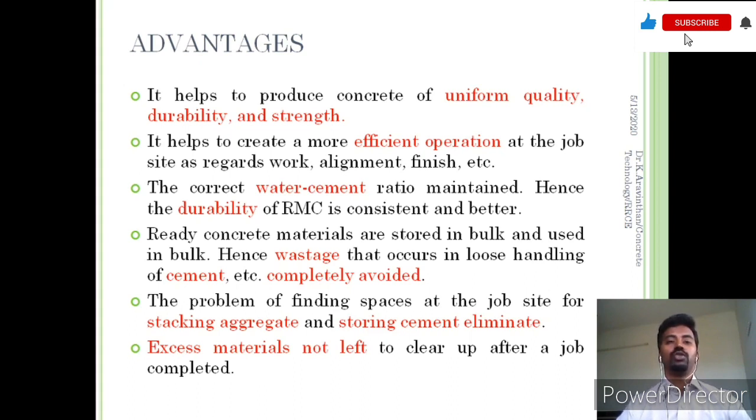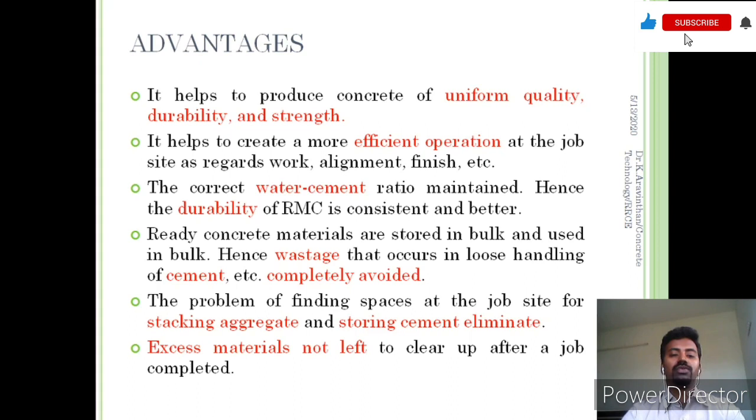Why? Because we will be using a computerized mechanism in order to quantify all the materials and control and monitor the mix ingredients for post evaluation. Also after the delivery of the concrete, we can evaluate the concrete and its mix ingredients in order to check the future requirement. So this can only be done by using the ready mix plant. The water cement ratio can be maintained.